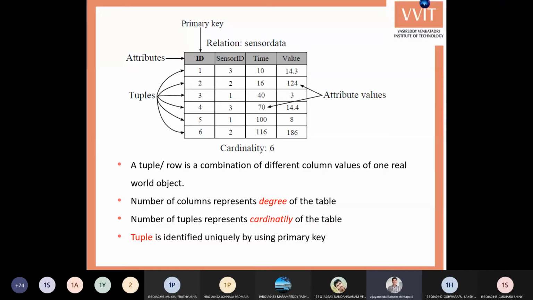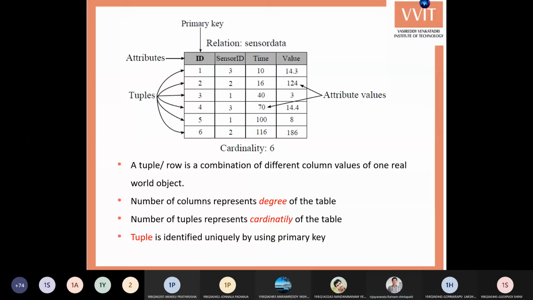Our sensor data contains 4 columns. These columns are also called attributes. Whenever you use the term column, you can also use attributes. So our table consists of 4 attributes or 4 columns, that is ID, sensor ID, time and value, at what time you are going to use.